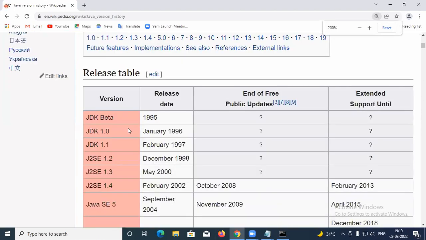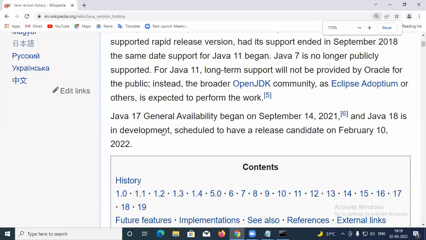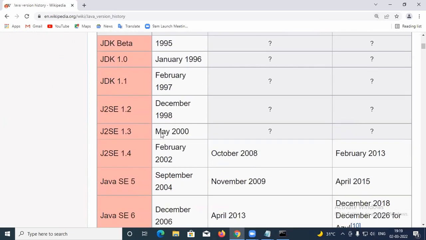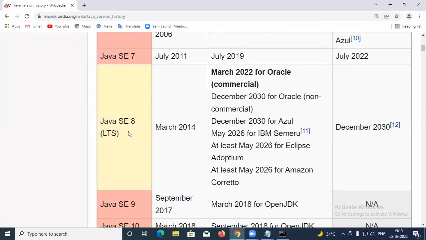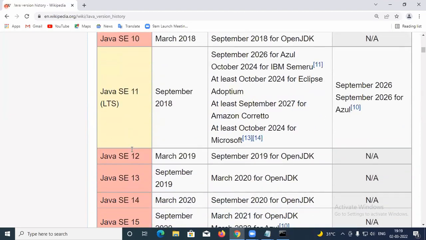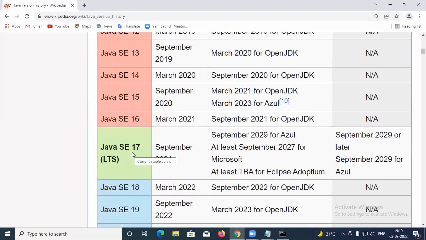It is not possible to download the pink color version. Versions 8, 11, and 17 you can download. Three options. Now, if you have Windows 10,